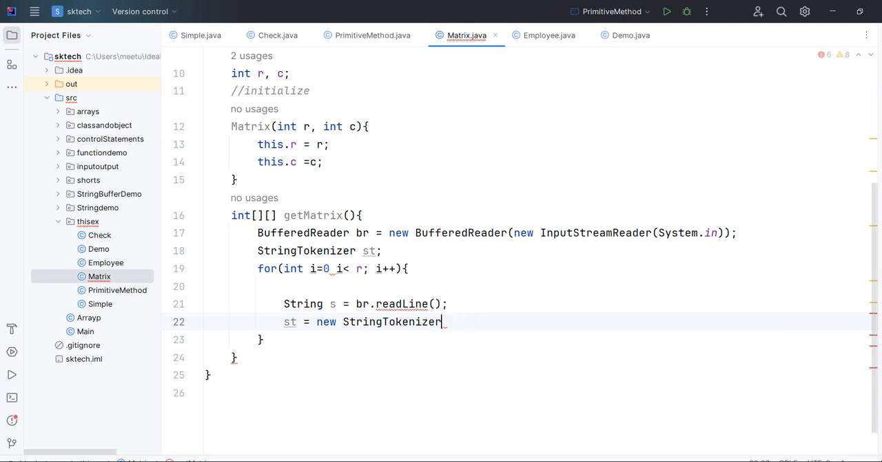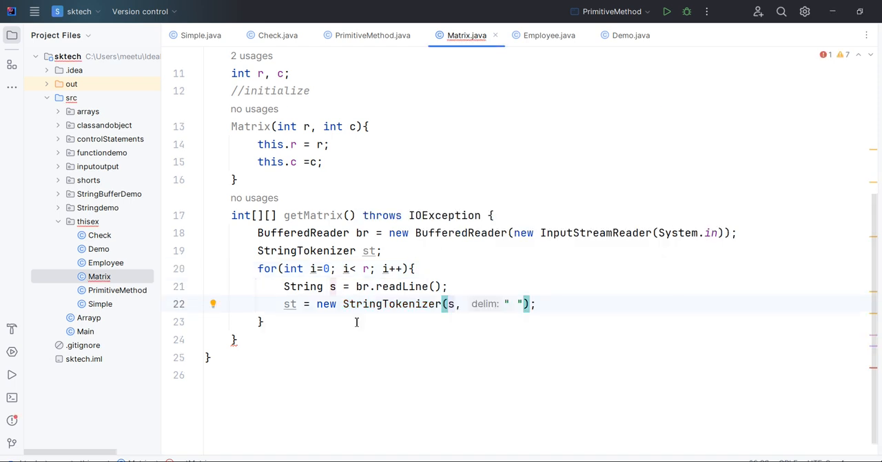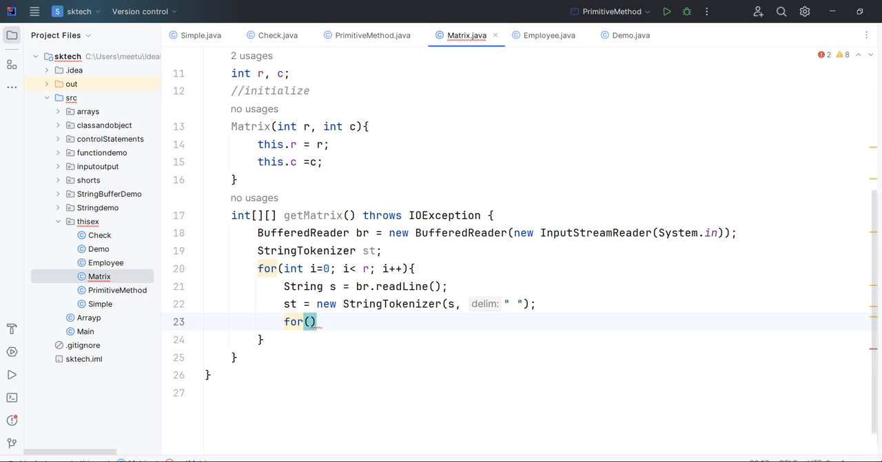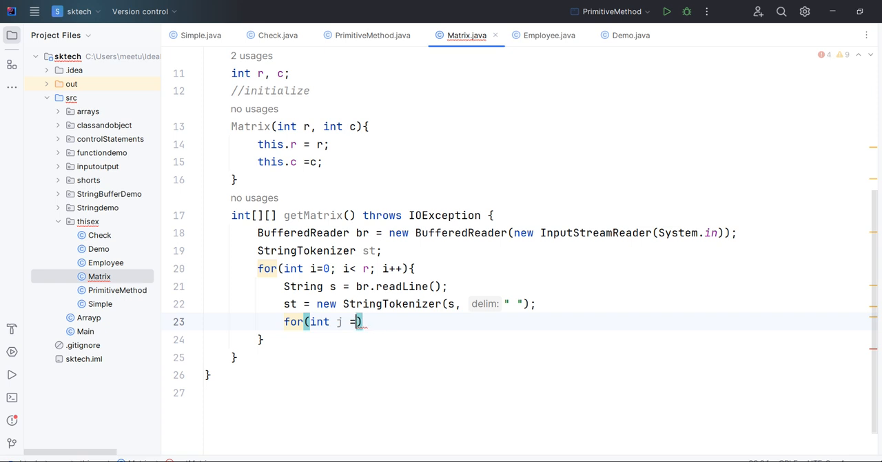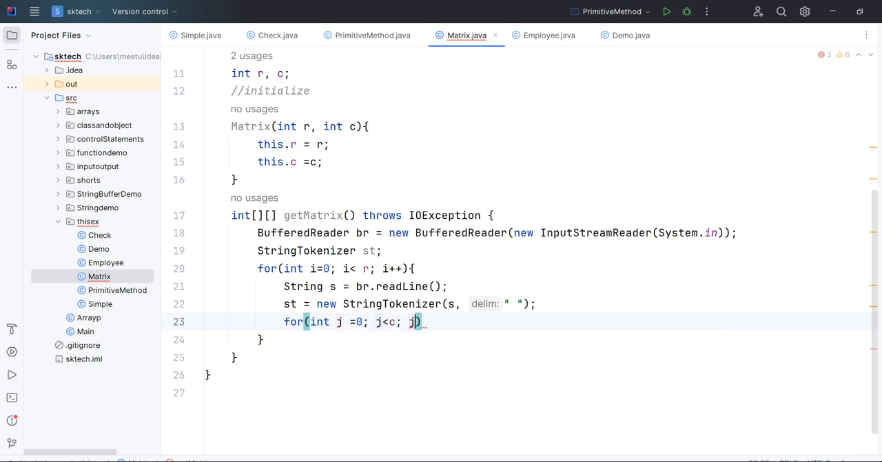So the variable name is s, and let's say the tokenizer we have provided, like space. Basically it is throwing some exception, so let's add throws to the method signature itself, tokenizer, and after that let's store the value. So let's write another loop, since we want to take the input as a two-dimensional array. Basically we need to use two loops. So let's say i, and j is less than, let's say column, and then j plus plus,